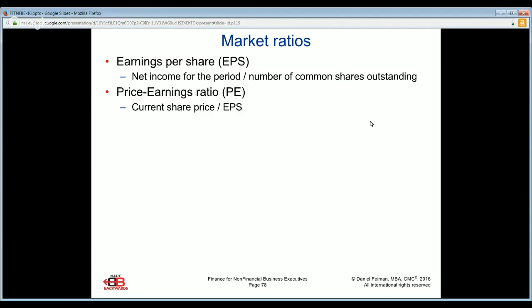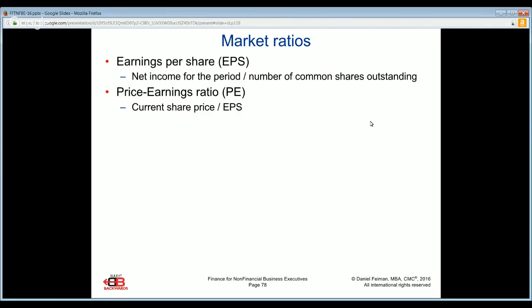And even the earnings per share, or EPS as it's frequently abbreviated, it's important to calculate what the earnings per share are, but we have to remember that the denominator is the number of common shares, assuming they also have preferred shares, those would be eliminated, outstanding, in other words, already issued. Because if you look closely at the balance sheet, down in the common share area, you will see sometimes there are shares that are authorized but not issued.